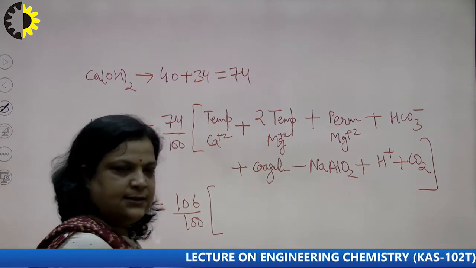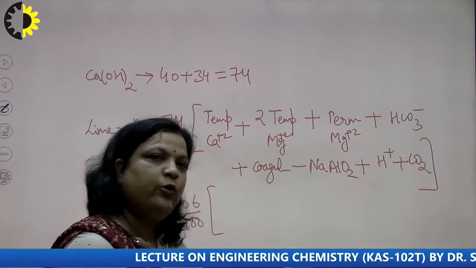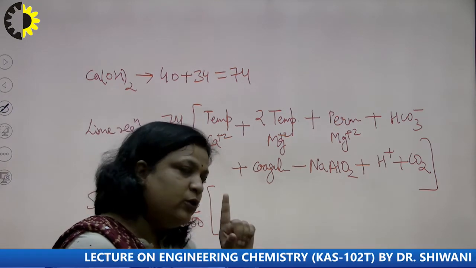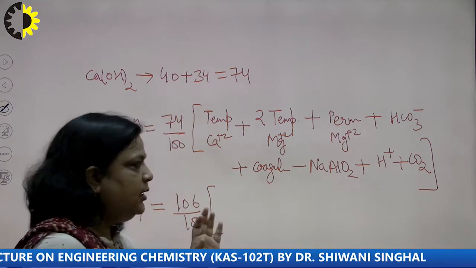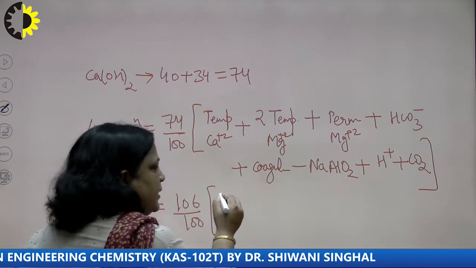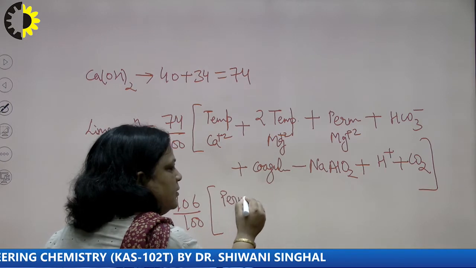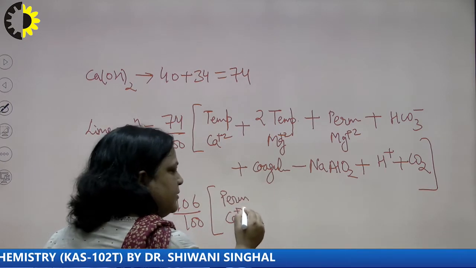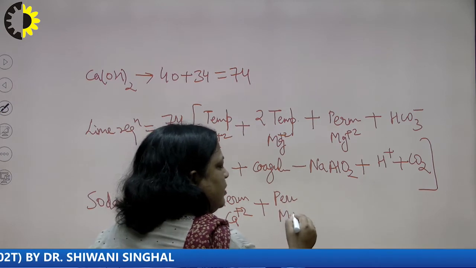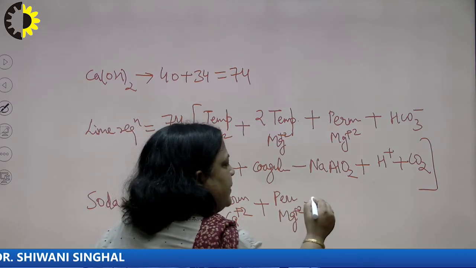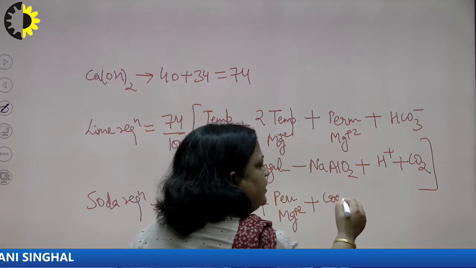For temporary hardness we do not require soda, because we know that for calcium we require L and for magnesium we require 2L. So, no need to do, but for permanent of calcium plus permanent of magnesium plus coagulant if there,